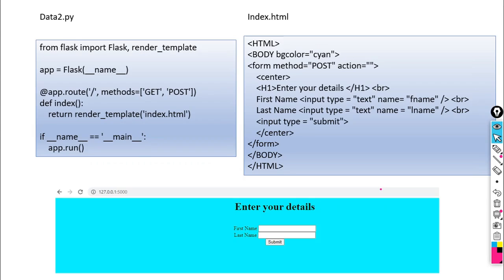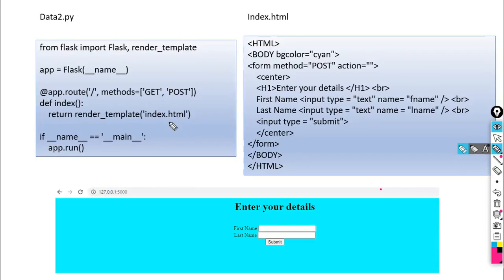Next, the second example. In the second example, we are using a Python script as well as an HTML script. What is the use of this? Again, the slash home URL is there. We are using get and post methods. This index function is associated with this URL, and here we are rendering the template index.html.